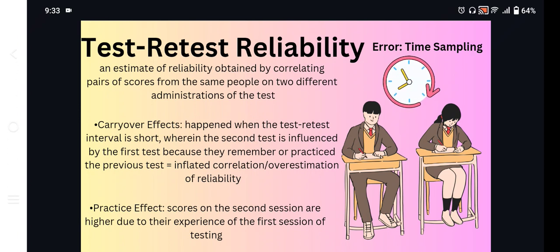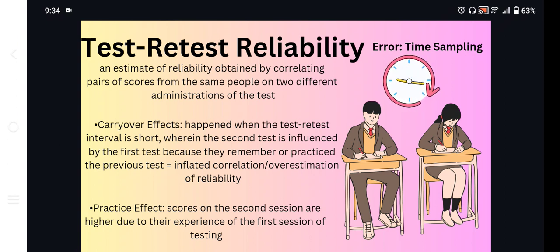Siguro additional ko lang din po dito sa test-retest reliability natin. Ang coefficient of stability is an estimate of the test-retest reliability when the interval between testing is greater than 6 months. Okay? The test-retest method administers the same test on two well-specified occasions and then finds the correlation between scores from